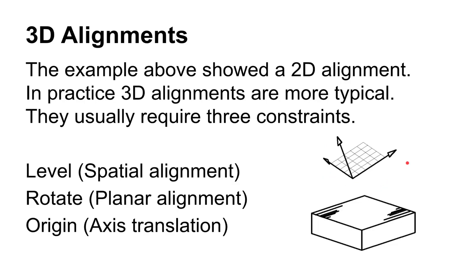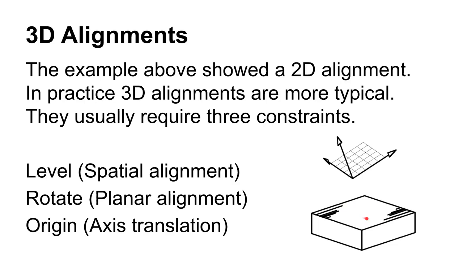They haven't been constrained at all. And so in general, the first step is to level one of the planes of the coordinate system. Which of those planes, whether it's the XY or the XZ plane or whatever, is up to you. Okay, so we'll say that we want to align the XY plane with the top of this part. Now, of course, the top of this part is not perfect. It's an actual part. It has actual geometry.